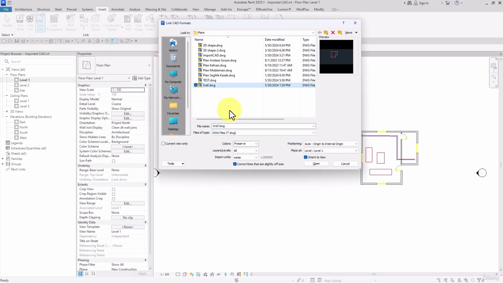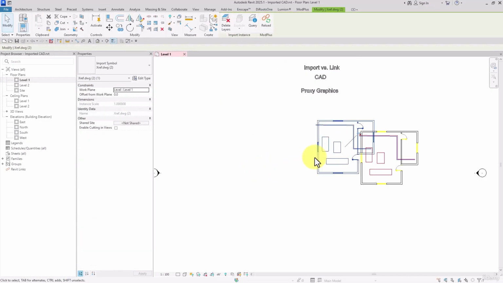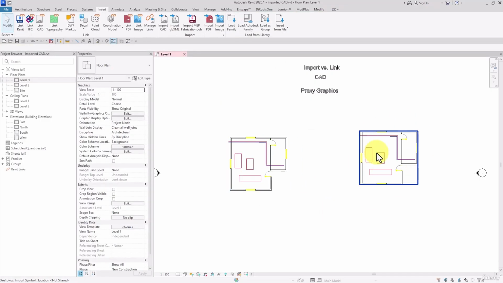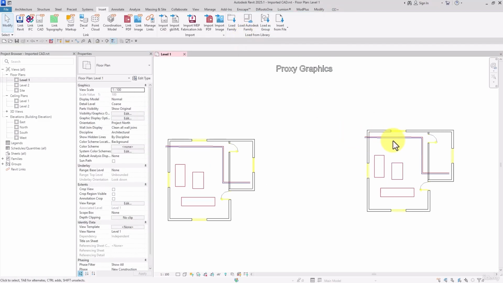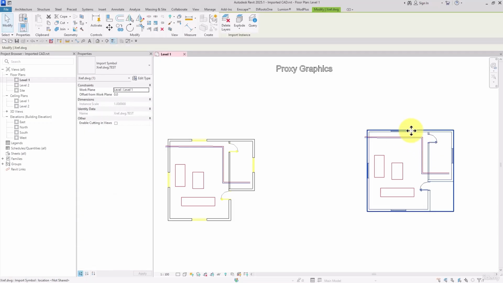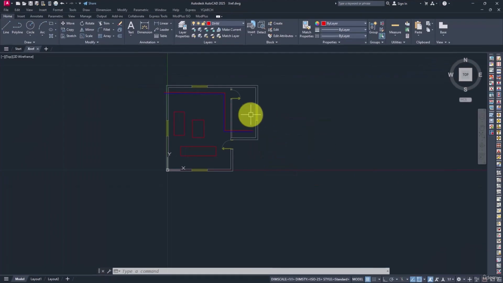And if I link it, check it out, one of them is linked and the other one is imported, and we can explode the imported file, and when we explode it, watch this, the XREF file is not exploded unless we click on full explode. The important point here is that